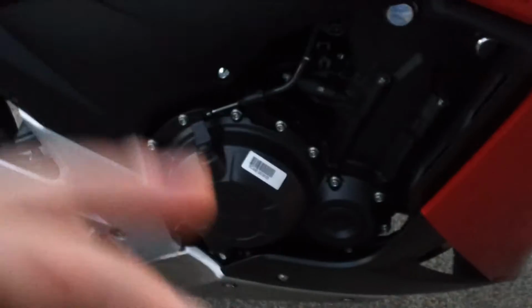I'm noticing that as I continue to ride and working hard on breaking her in, if you can hear it, it sounds a little deeper even now at idle. So she sounds a little meaner already, and that's because if you use a hard break-in method, you typically squeeze out a little extra horsepower. It sounds a little bit meaner, and it's actually, in my opinion, better for the bike because you're gonna set the seal in the engine